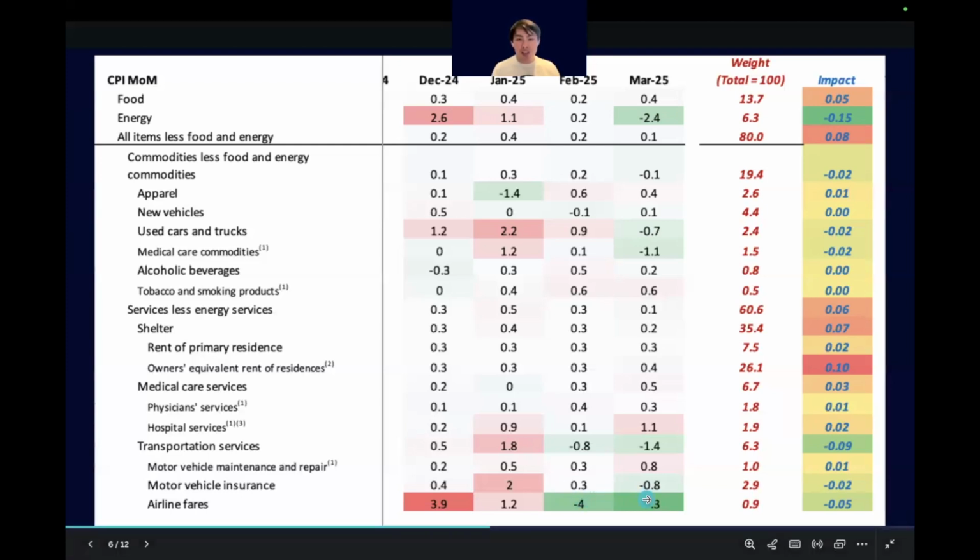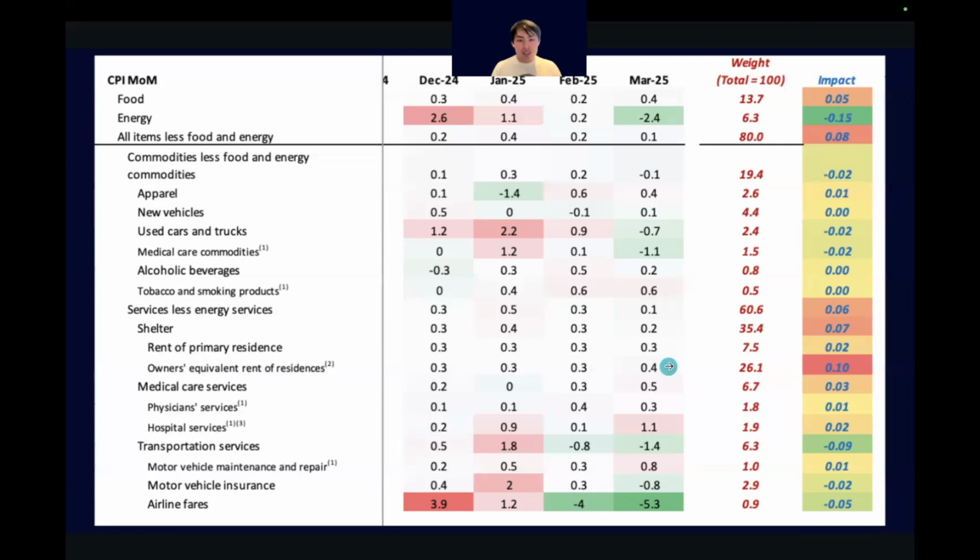Airline fares continue to go down because consumer sentiment is poor. People are not really wanting to spend money on traveling or trips, etc., due to the economic uncertainty, so that is kind of expected. What we do have is that owner's equivalent rent of residence, which is the shelter cost, has gone up slightly. That contributed 0.1% on a month-on-month basis, but it was not enough to offset the energy